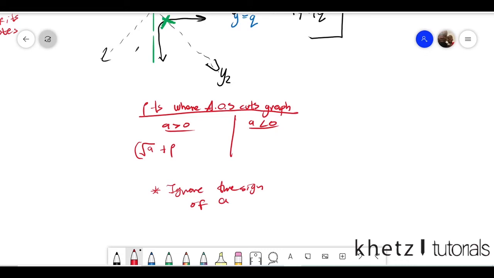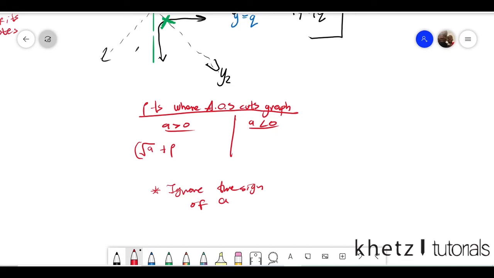You don't do complex numbers in grade 12. So you basically want a real solution or an actual answer after doing this. So just make sure you convert your a into a positive when substituting, only into the point where your axis of symmetry cuts the graph. So to find